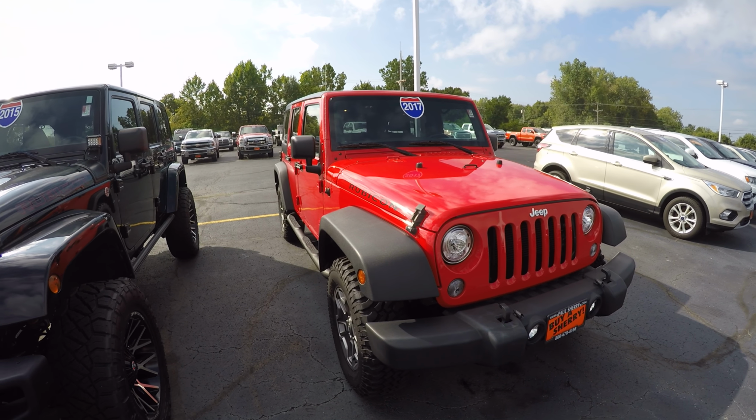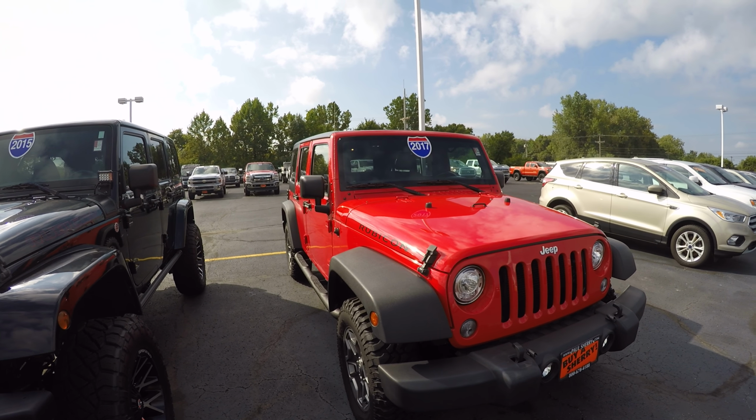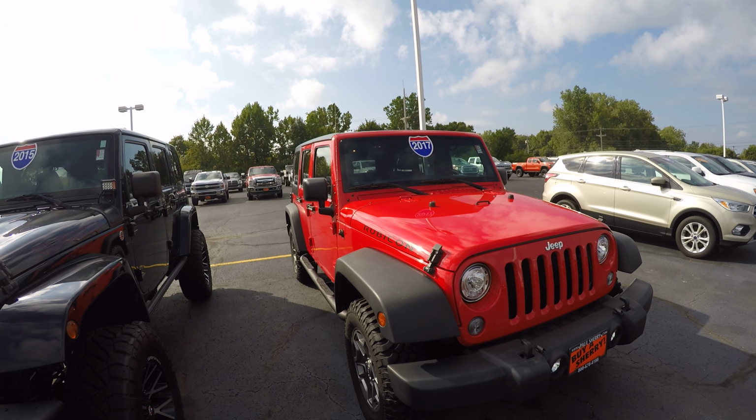Again, we're looking at a 2017 Jeep Wrangler Unlimited Rubicon, stock number